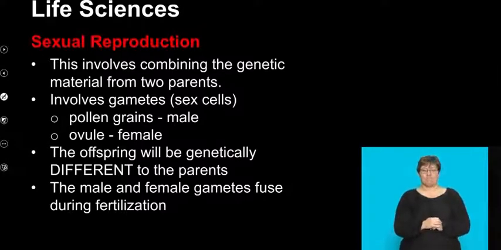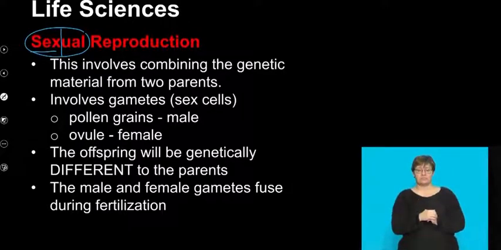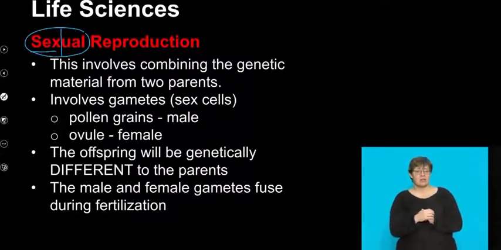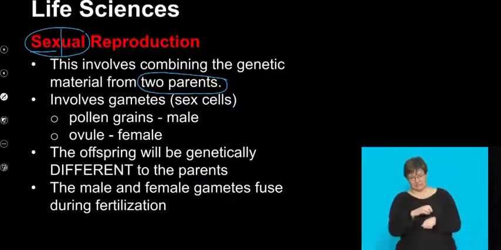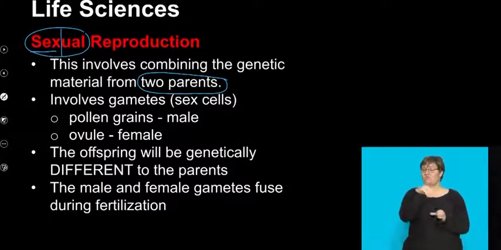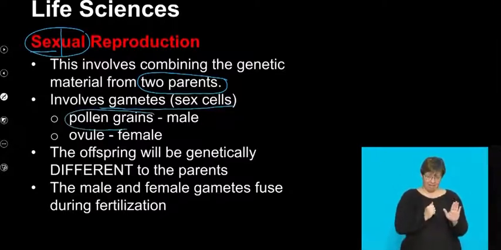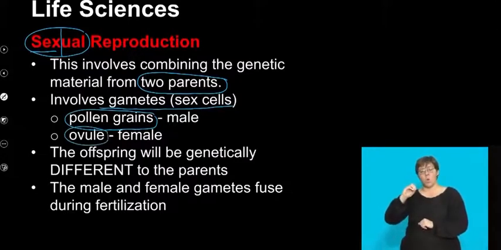Okay, let's now look at the concept of sexual reproduction. If we break down the word, when we talk about sex, what are we talking about? Quite simply, there is usually two individuals involved. So you need two partners, two parents. And when we get to plants, this involves gametes. So we're going to have a male, as we said, which is a pollen grain, and we're going to have an ovule, which is the female egg.